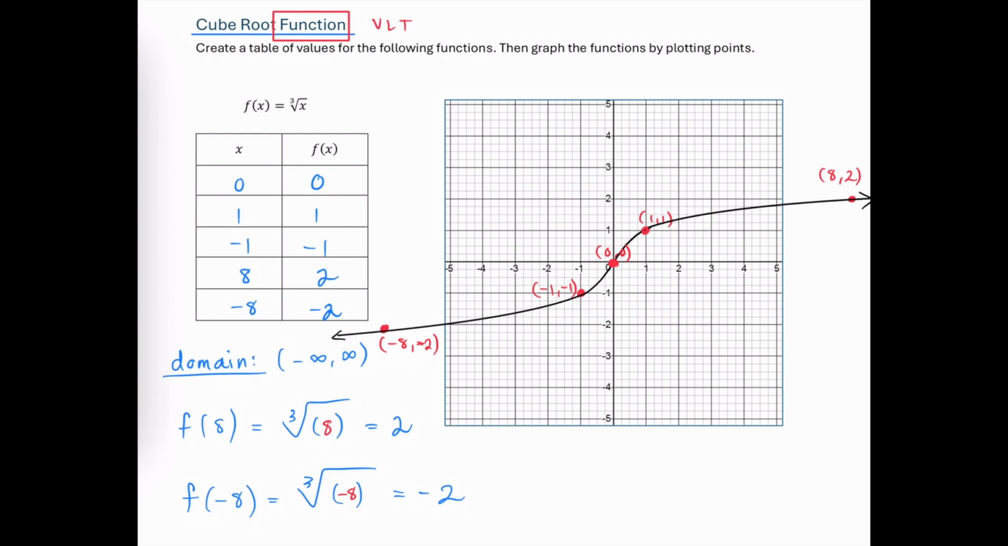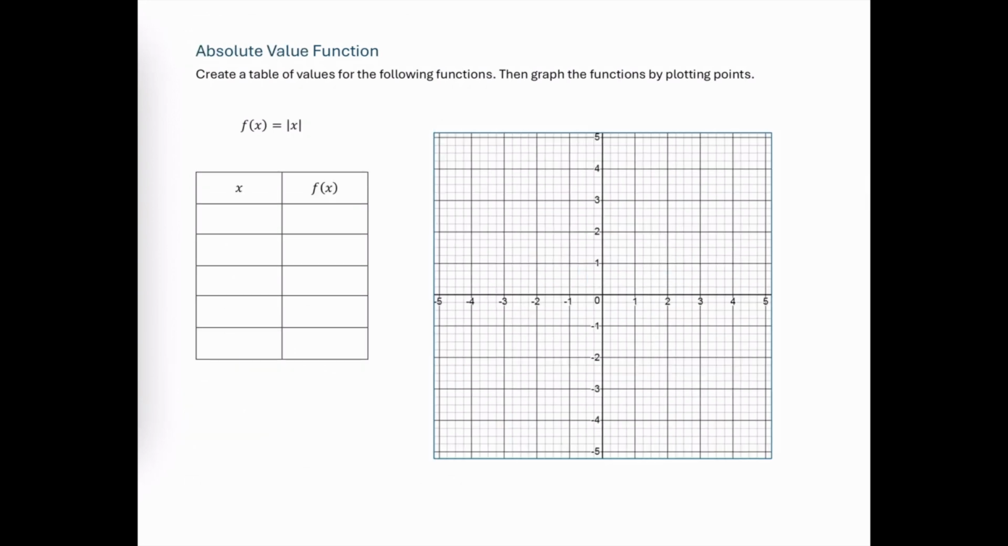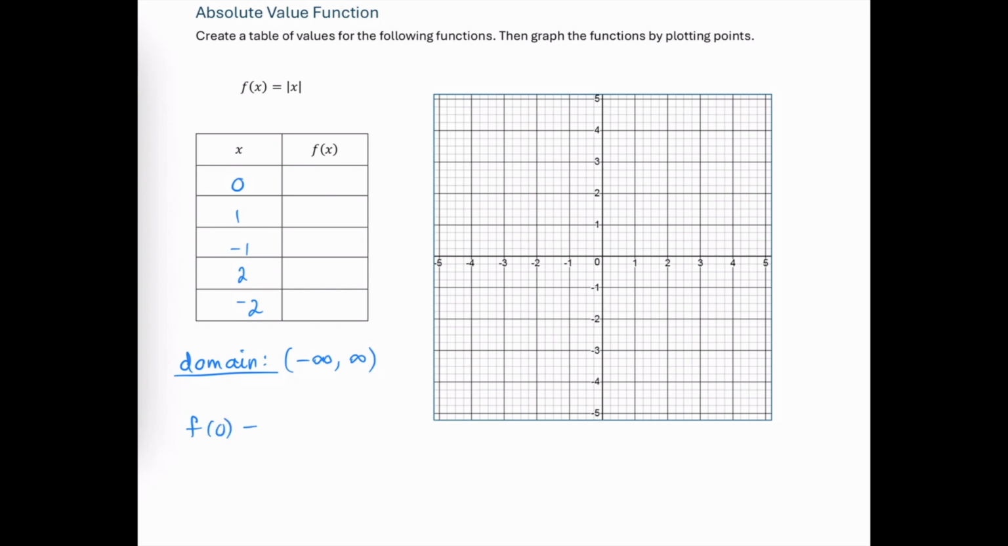When we're using the cube root function and performing transformations, we'll want to keep track of where these three ordered pairs land. These are the ones we'll refer to as our points of interest. The third graph that we'll look at in this video is the absolute value function. This function again has a domain that's all real numbers, which means we can plug anything we want in for x. Let's keep our input values close to the origin and evaluate the function at 0, which this time is